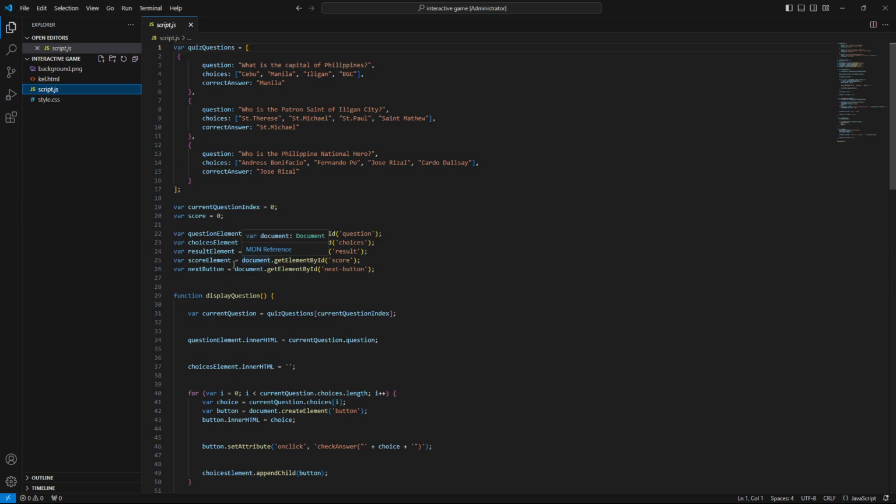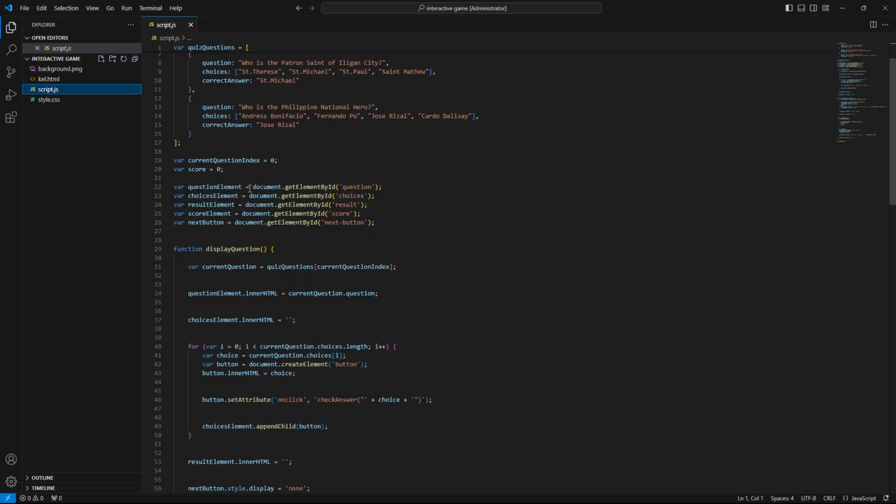And next, to make a function to display the current question and its choices, I will make this function display questions. Then to get the current question from the array, I will make the variable current question, then quiz questions, which is this, and then the current question.